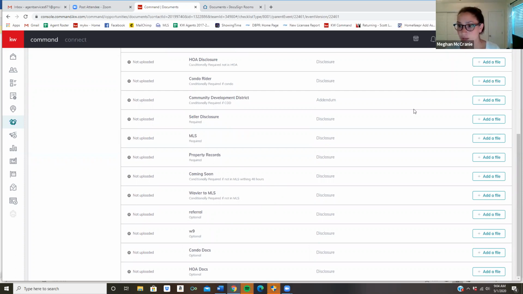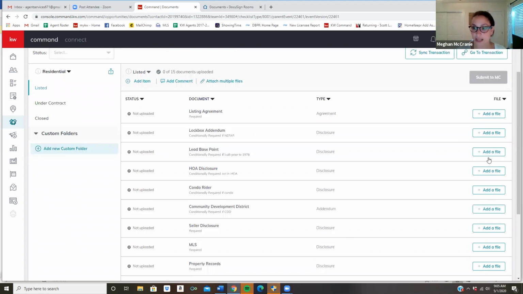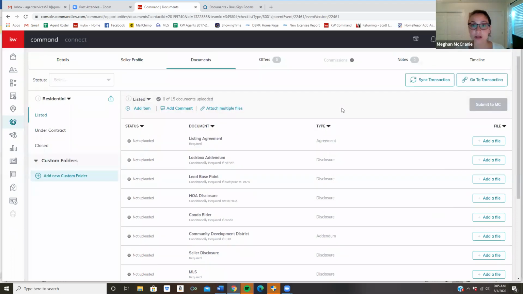Now, if you've got all of your videos with your people on the right-hand side, just go ahead and pick that up and move it to the left because I want to show you what's hidden underneath there. So on the right-hand side, you'll see that you can add a file for each line, okay? Now, this is just a reminder, this is why it's so important for you guys to make sure you start the opportunity and then start the room in Docusign from here. So that's where that start transaction button comes in. You have to do it in that order because of this step here, and you'll see why in a second.